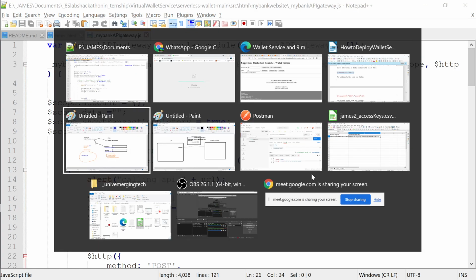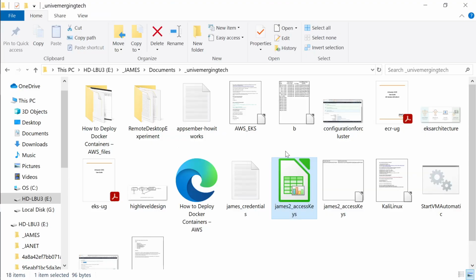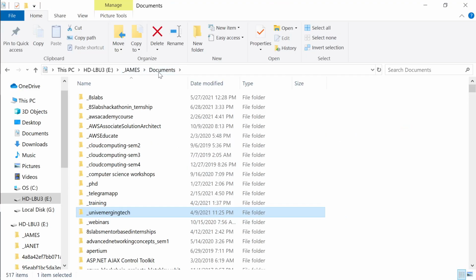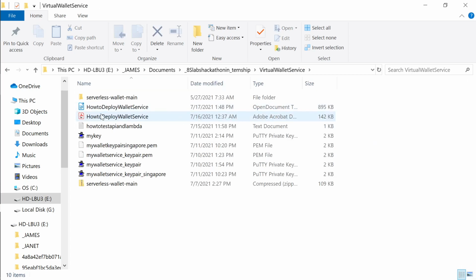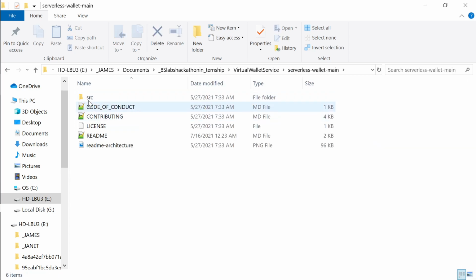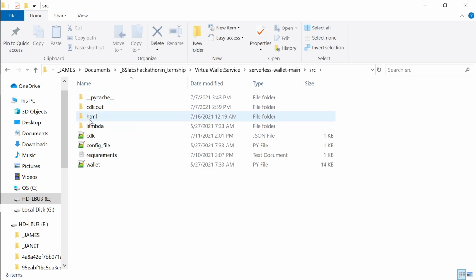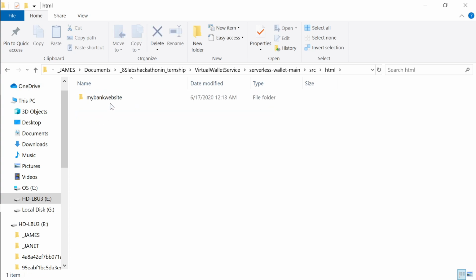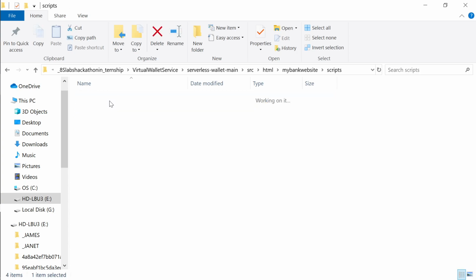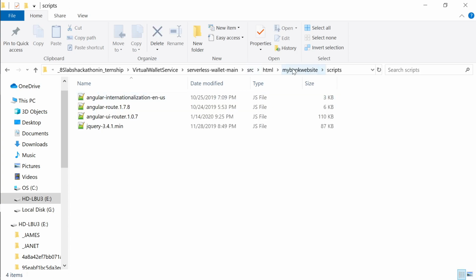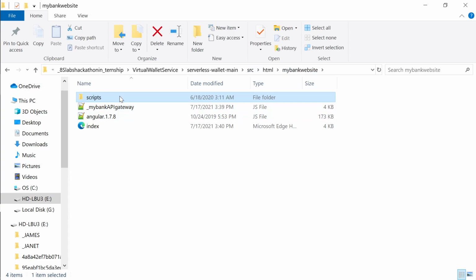Where is folder? Yeah. Okay, and so where is my code? Code is in the serverless wallet only. I've created a src and then html folder. It is inside this actually. Inside this my bank website and everything is there. Actually, you don't need a script folder, so I'll delete it.